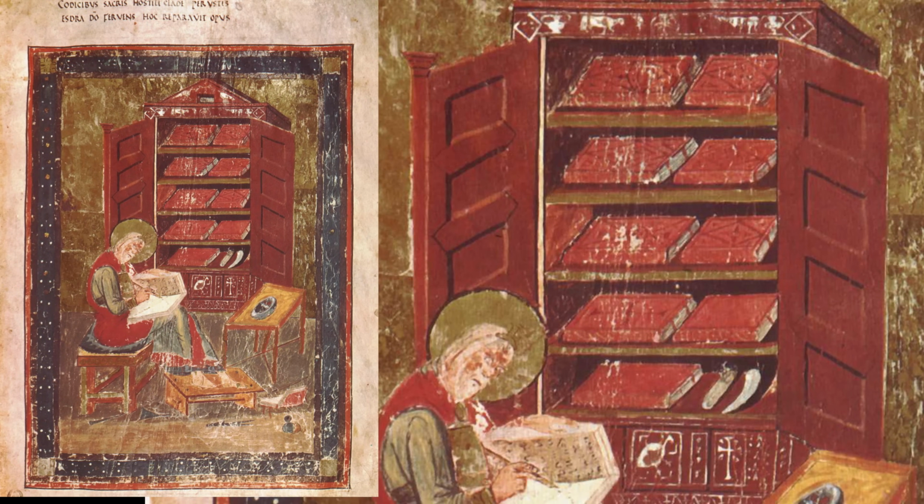Now the neat clincher for all of this that suggests that the binding too was made in Jarrow, Monkwearmouth is provided by a wonderful illuminated page in the Codex Amiatinus itself. It shows Ezra the scribe hard at work, and what do we see in the background but a bookcase stuffed full with bright red bound books, decorated not dissimilarly to the St Cuthbert Gospel. The scribe who painted this illustration of Ezra the scribe has placed Ezra in their own familiar surroundings, the scriptorium